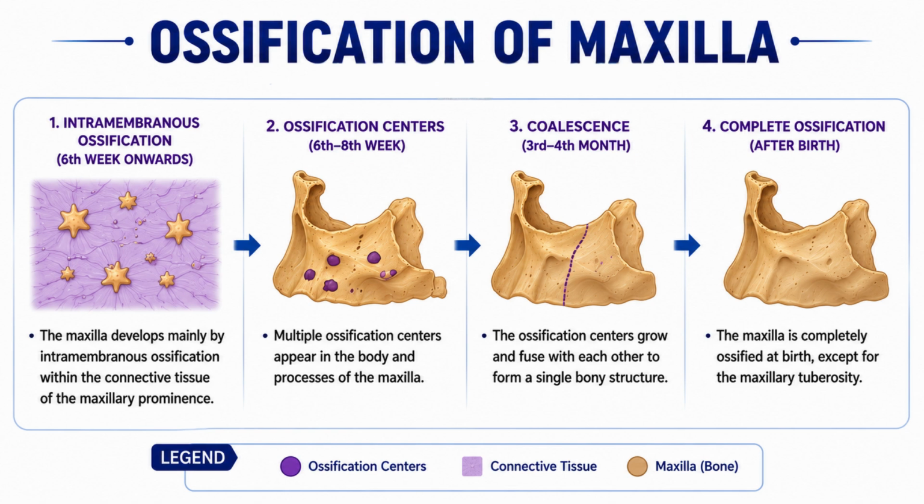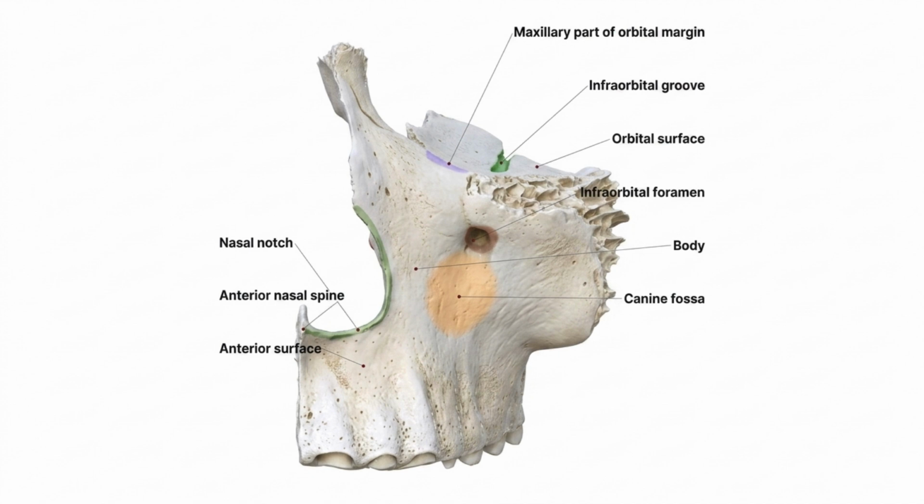Okay, the maxilla ossifies mainly by intramembranous ossification. The ossification occurs in three centers of the maxilla. The first one appears during the 6th week of intrauterine life. In which part? In the canine fossa. Okay, the canine fossa is nothing but a depression-like structure found above the canine, that is the third tooth from the